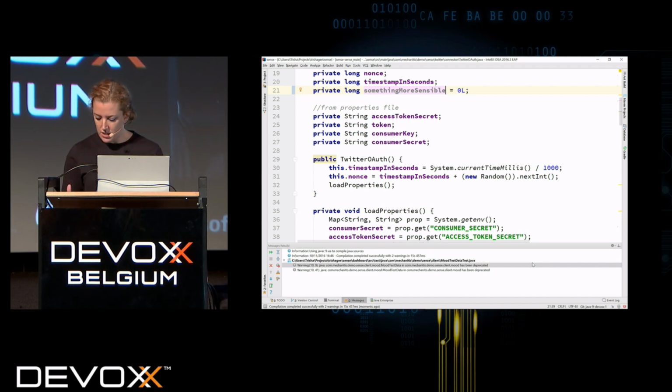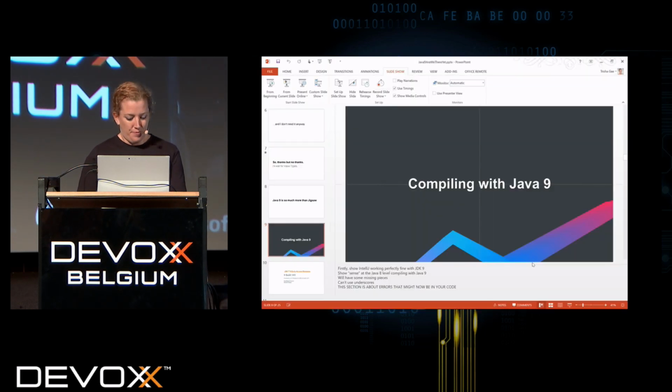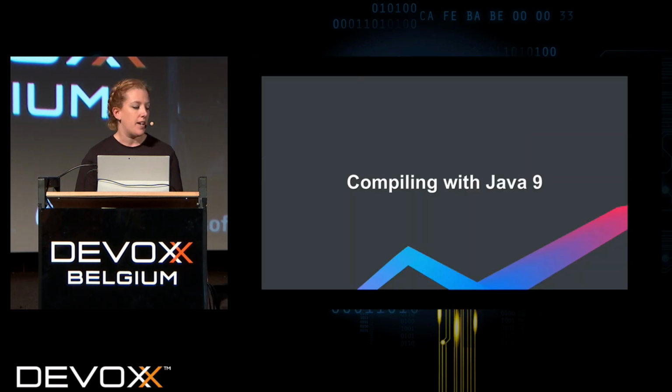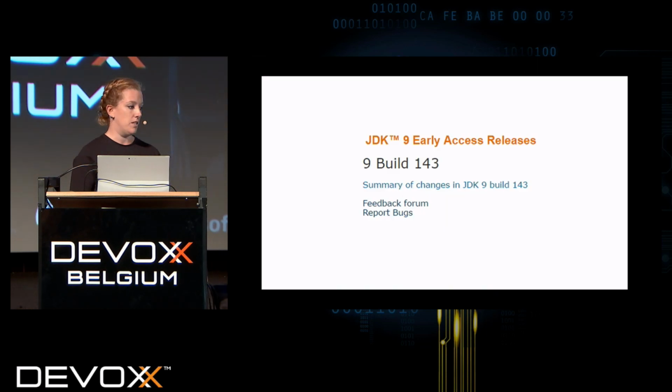And that's great. And what I was going to do is take a more serious, chunky open source project and compile it to Java 9. But I thought, A, that's going to be really boring for you to watch, and B, that's definitely going to go wrong. So I'm not going to do that. OK, so we can compile with Java 9. Many of your projects will probably have some small things to work out. But there are migration paths for those things, and they are well documented.